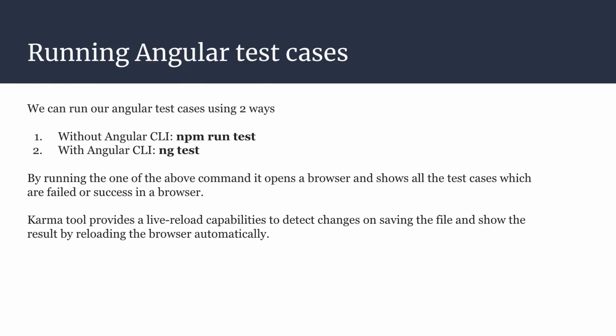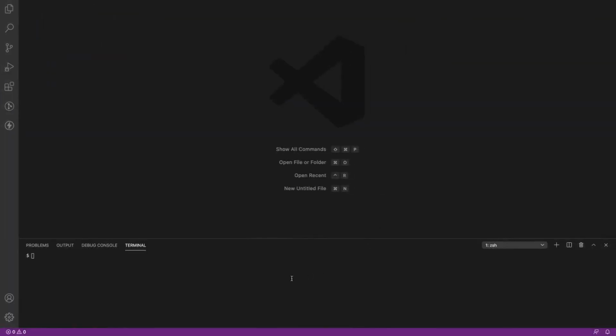So let me jump quickly into VS Code. In this, we will create one project using Angular. Let me create a project like ng new with some name. Let me consider it as demo1 with routing. It takes some time to create our project and it asks a few questions, so we can answer those.